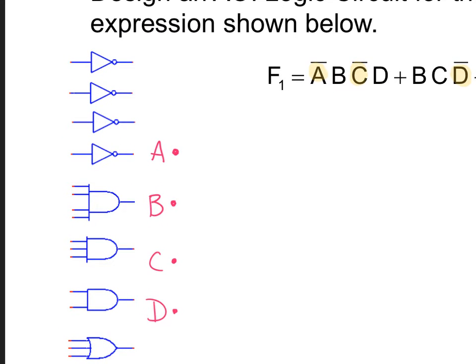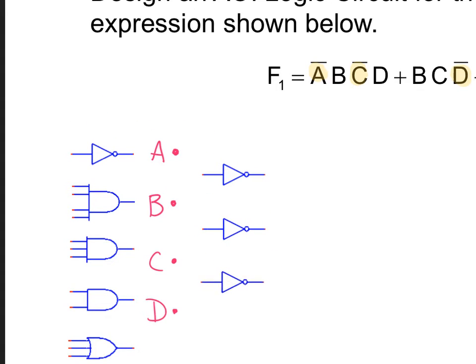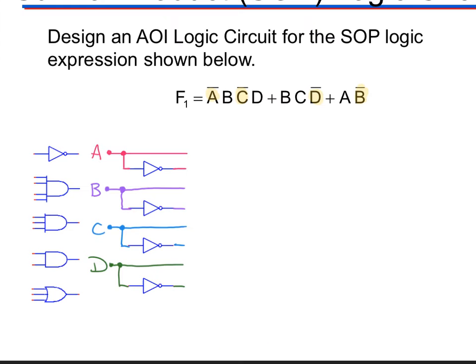Now for each one of those inputs, I need an inverter, okay? Because I'm going to have A and not A, B and not B, C and not C, and I need one more of those. All right, perfect. And we have D and not D. All right, so I'm going to use a little iPad magic here. I'm going to draw in these lines here, and then, poof, they're going to appear here. All right, so now I have all my inputs set up, and if you look at each one of these,